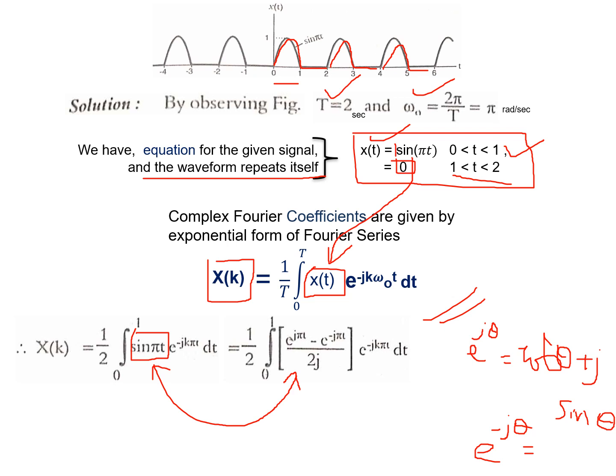Now, I will rearrange mathematically. Because here also e to the power of something is there, and here also e to the power of something is there. I will open the bracket and mathematically combine the terms. What I get is this. I'm just opening the bracket and combining. What I did is, I combined e power of j pi t with this and e power of minus j pi t with this, so that I can rearrange.